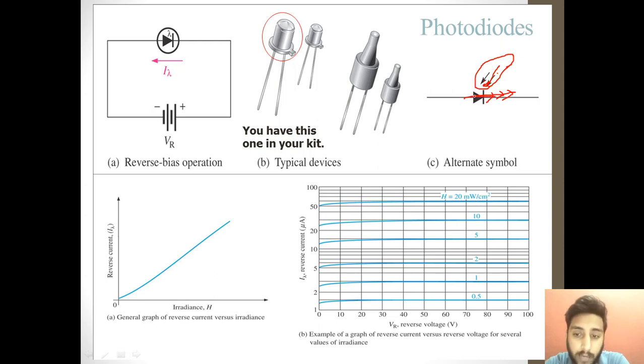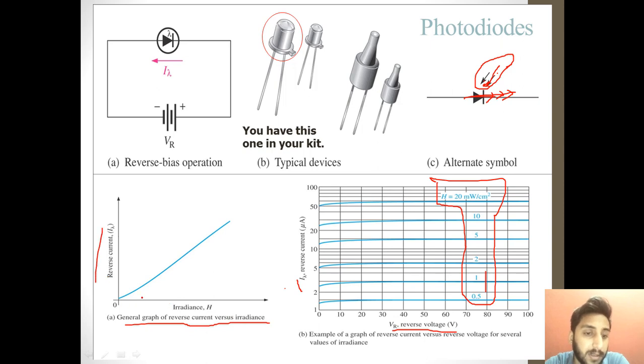So these are basically photodiodes, and this is the characteristics diagram shown here: the reverse voltage, the reverse peak voltage, along with the reverse current. If you want to increase your reverse current, there are two options. You can increase the intensity of light, that is the irradiance. Basically you have to increase the amount of light. You can see that this is the graph of reverse current versus irradiance, and if you want to increase the current, you have to increase the irradiance as well.